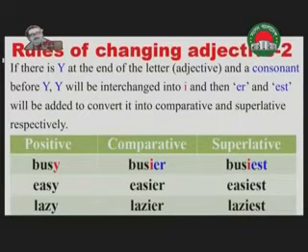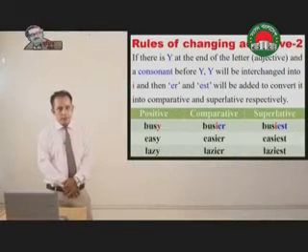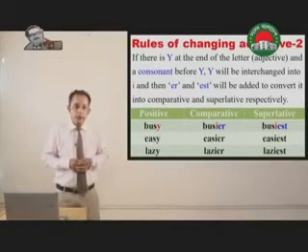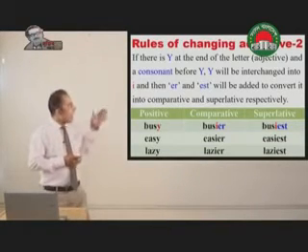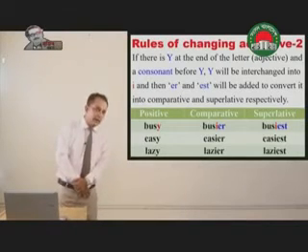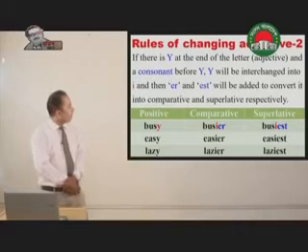Dear students, I repeat, if there is Y at the end of the adjective and a consonant before Y, Y will be omitted, and instead of Y you have to use I, and then er and est will be added to make it comparative and superlative. For example,